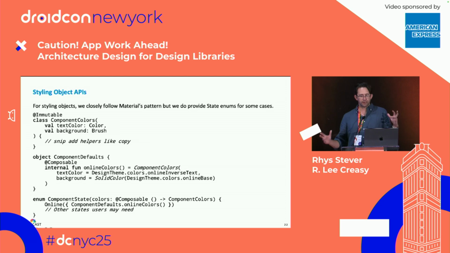The next important kind of API that we have is a styling API. We follow Material's pattern really closely here, but we do like to provide those state enumerated classes just for some cases, because part of our job really is leveling the playing field between design and engineering so that they can communicate better. So if design is specifying different states for a particular component, we like to go ahead and under the hood provide an enumerated object